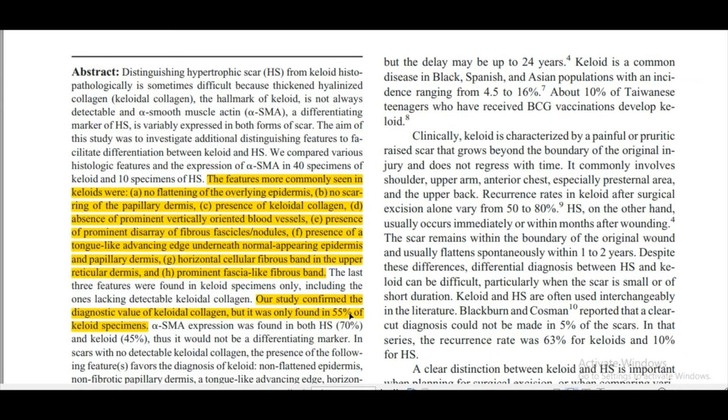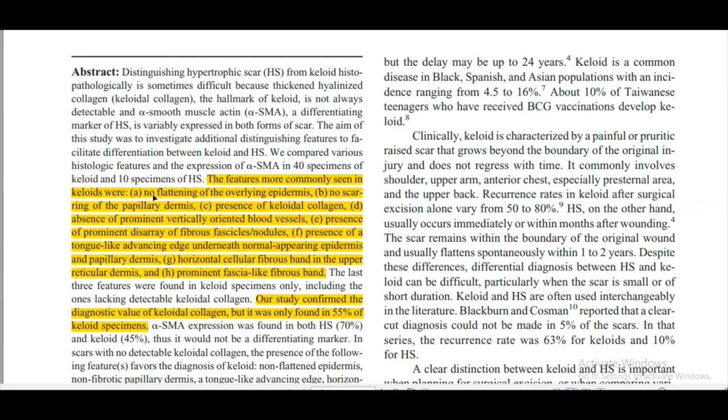Now, there have been a number of studies. They found that the so-called diagnostic keloidal collagen is only found in 55% of keloids. So in 45% of them, there's no keloidal collagen. So how do you make the differentiation? Both clinically and histologically, hypertrophic scars do overlap with keloids. There are a few clues that have been proposed